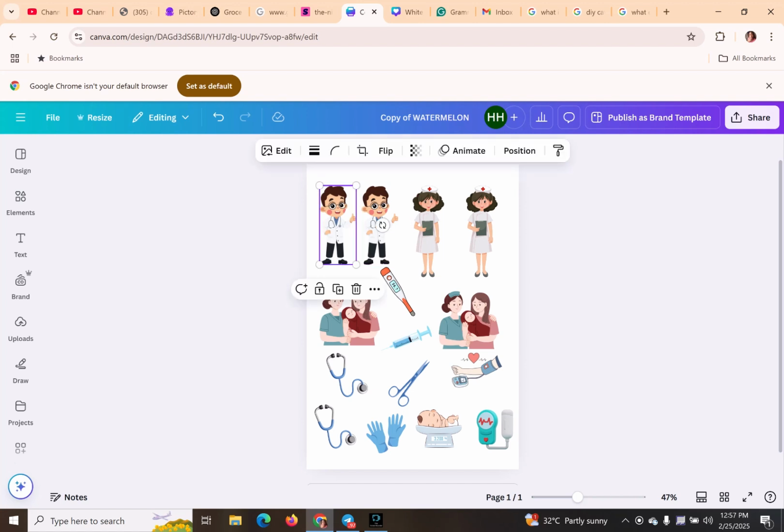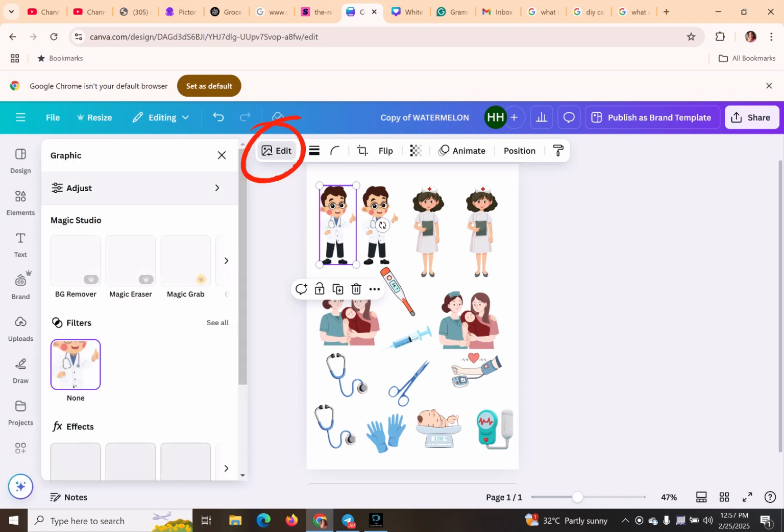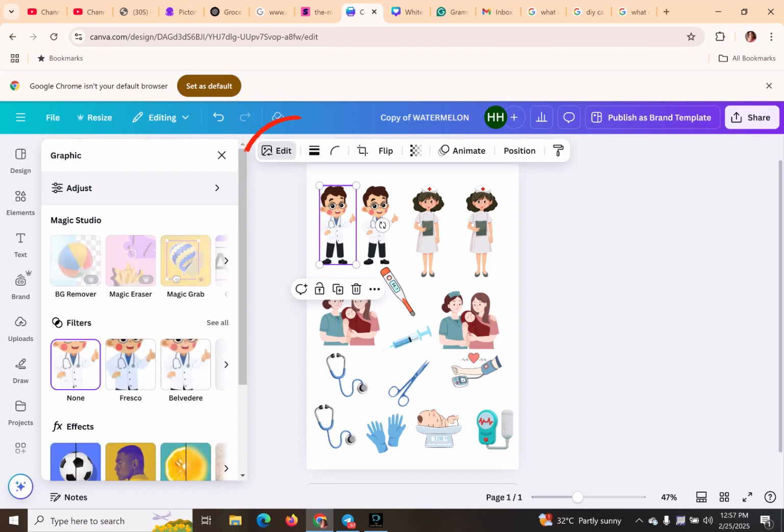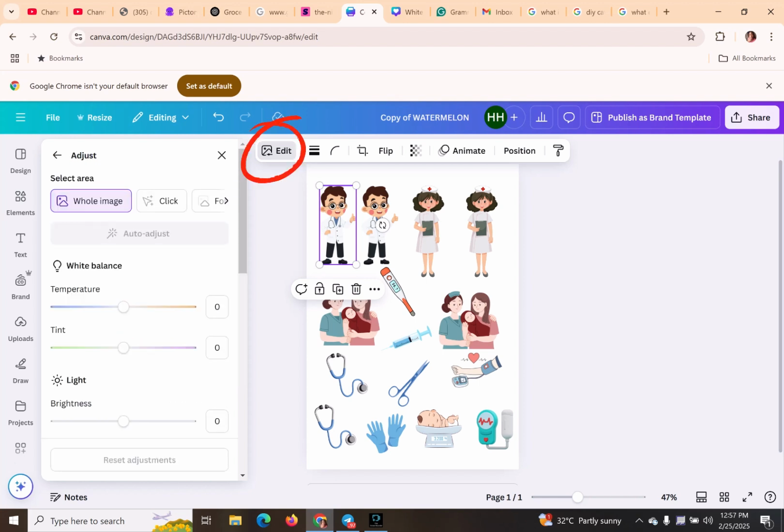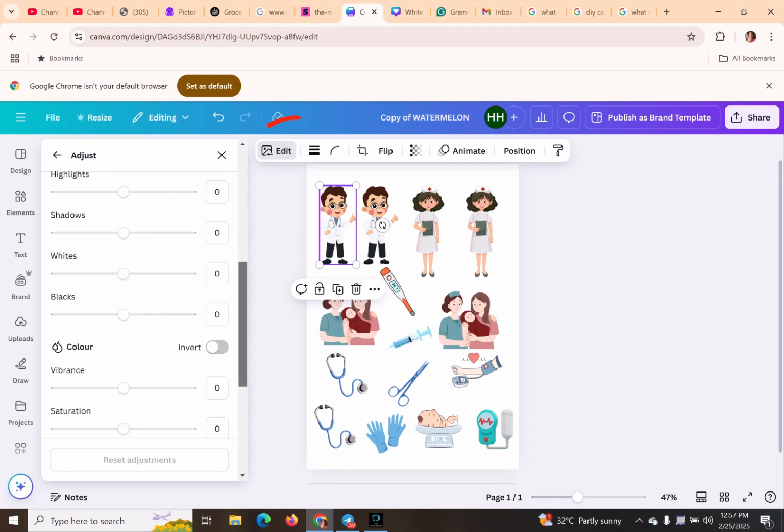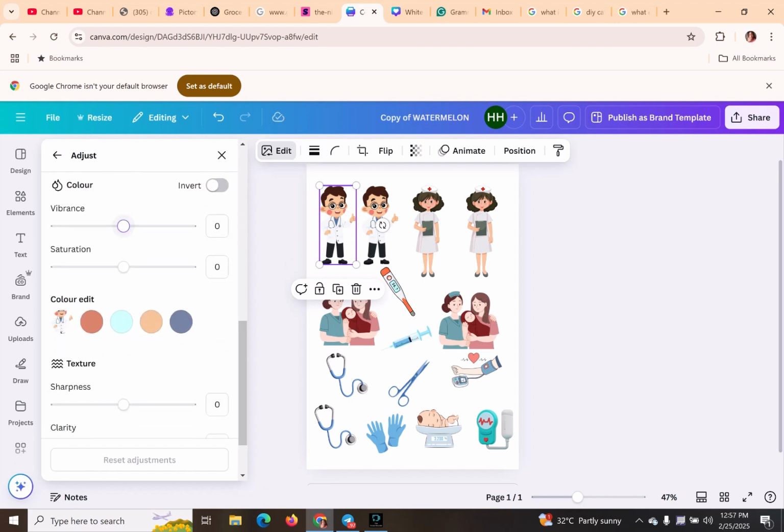So now that I'm done with that, what I do next is to highlight each of the objects, that's the doctor, the midwife, or each of the elements, and I click on adjust, as you can see on your left hand corner. And that's when I click on edit. First of all, it takes you to this adjust panel where you can change the color,